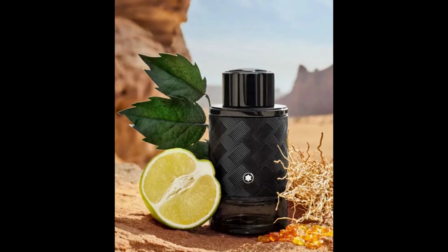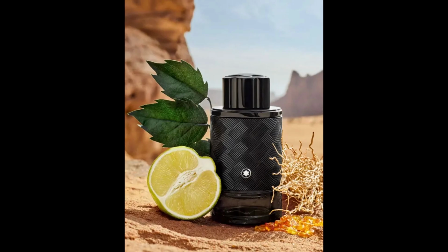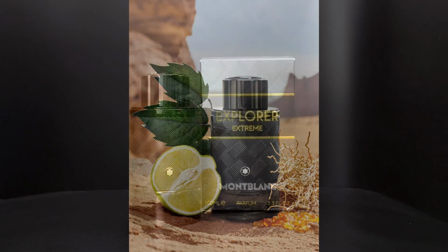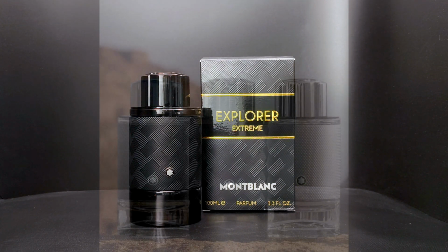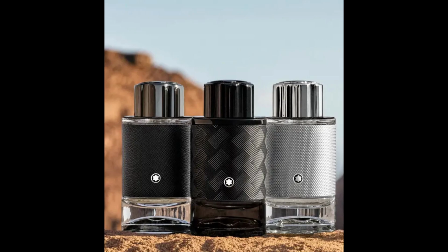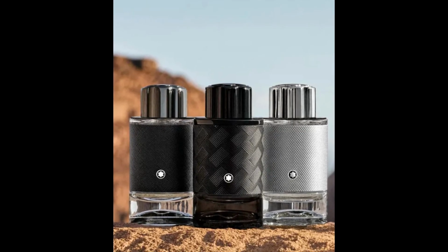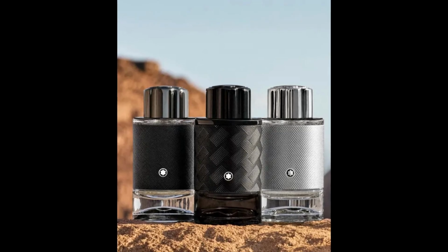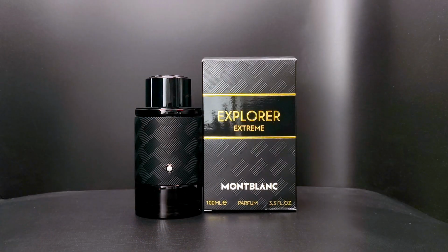I really do like the presentation, I like the scent itself. It opens up to a very distinctive scent, like I mentioned before. It's very intriguing, very alluring, and it's also a mature version of the original Mont Blanc Explorer. So if you've tried the original and you want something similar or something much more bold, then you should definitely try Explorer Extreme, at least in my books. I personally think this fragrance is a very subjective release. I think it has a lot of love-hate relationship in the next few weeks and months when this is widely